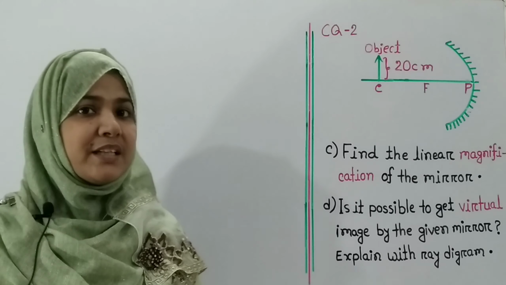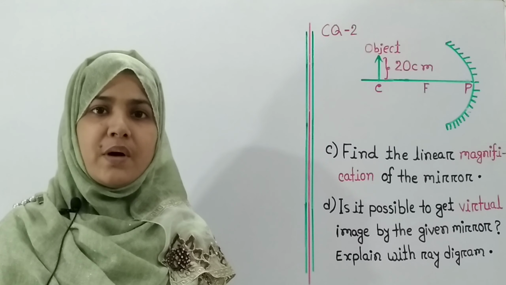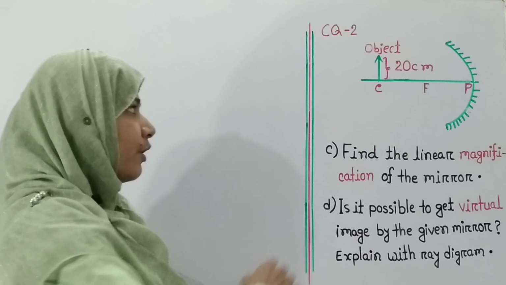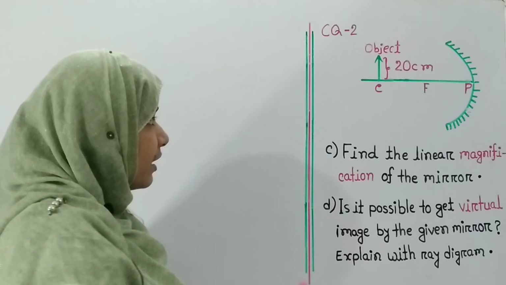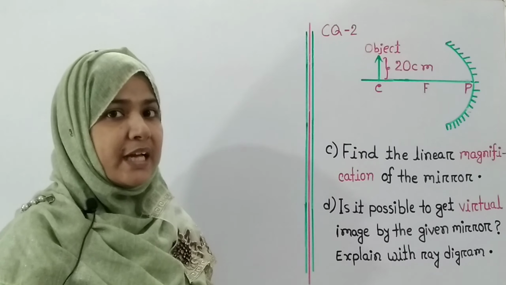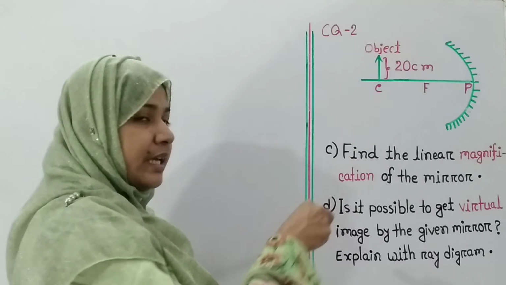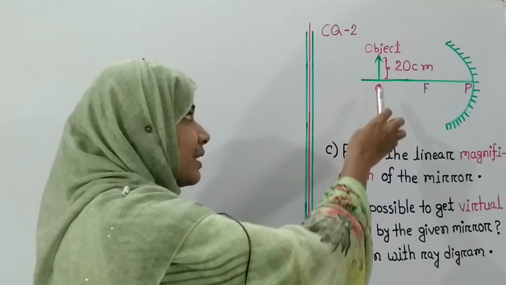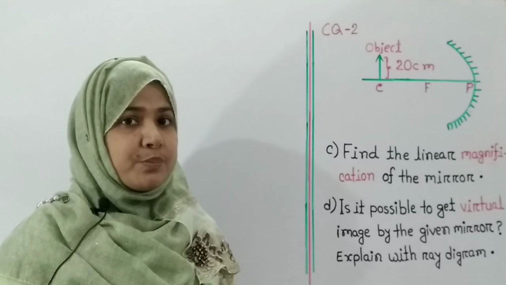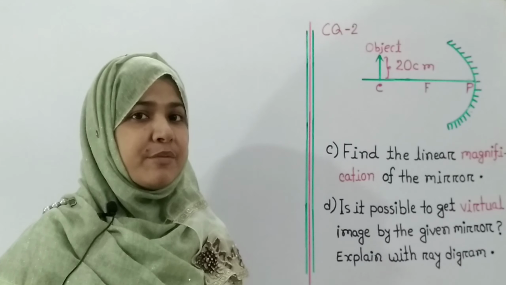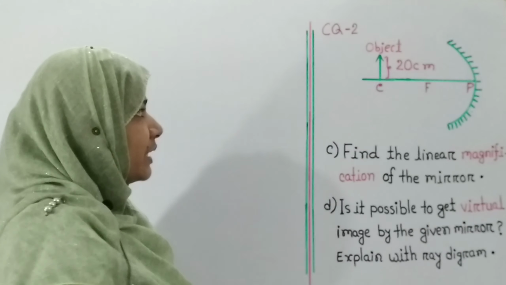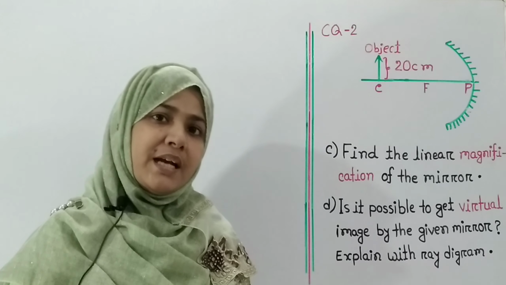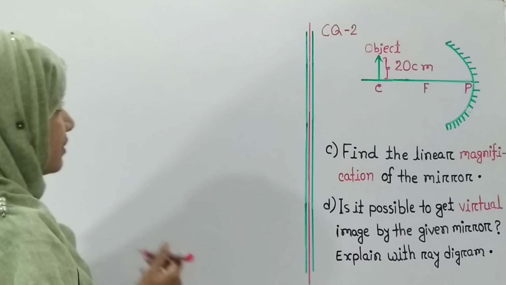You know that to identify the magnification we need two quantities, length of the object and length of the image. But as you can see from the diagram, the object is kept at the center of curvature, and you know that whenever we keep the object in a concave mirror at center of curvature, the image will form at the same place and the length of the object and length of the image will be same. That means the length of the object is 20 centimeter, so the length of the image will be 20 centimeter as well. So here the given information is